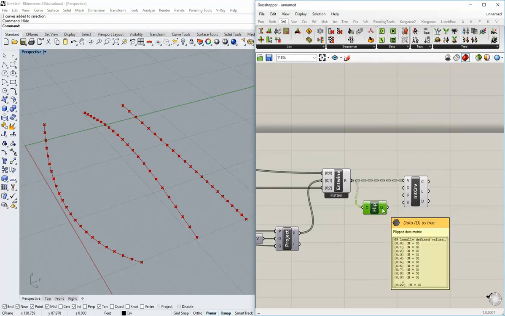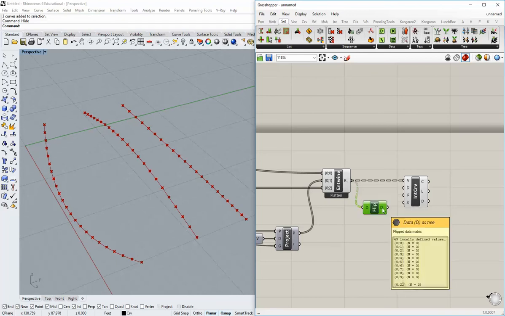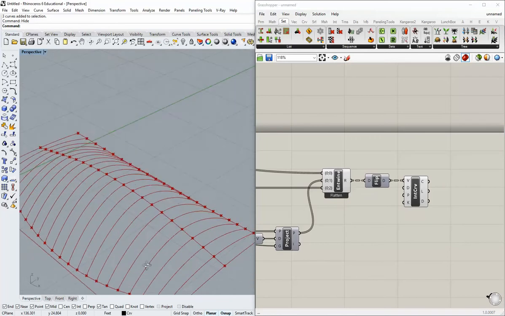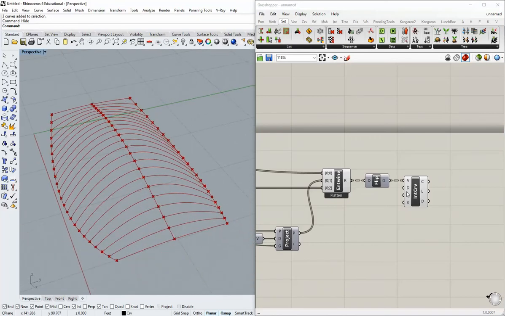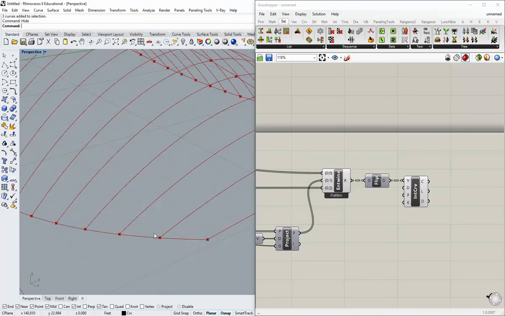Now what that did is it reversed the matrix. In this case we had 3 lists of 23 items each. Now we have 23 lists, 3 items each. Replace that input into V as such, like this, and you'll see that now we've drawn our rail curves across the sets of points. Okay, so to complete our beams, what we need is a cross-section curve, the cross-section of